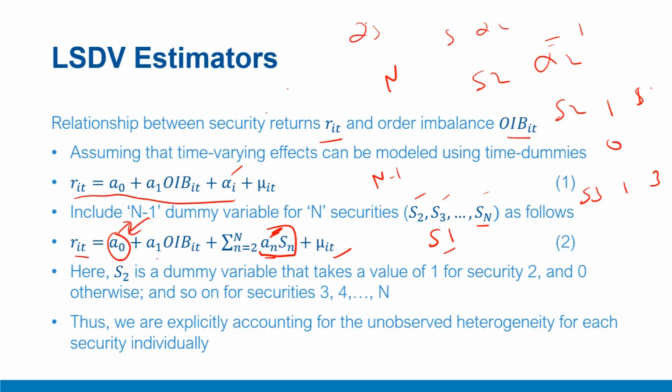If you specifically account by putting all the n variables, that is n dummies S1 to Sn, then you will fall in what we call the dummy variable trap, or the issue of perfect multicollinearity, and therefore your model will not run. So ultimately, we are explicitly accounting for the unobserved heterogeneities corresponding to each security, and the advantage of this model, unlike the previous model that we discussed or some of the panel data models and OLS approach as well, is that you get to estimate the impact of unobserved heterogeneity explicitly here. So you measure that.